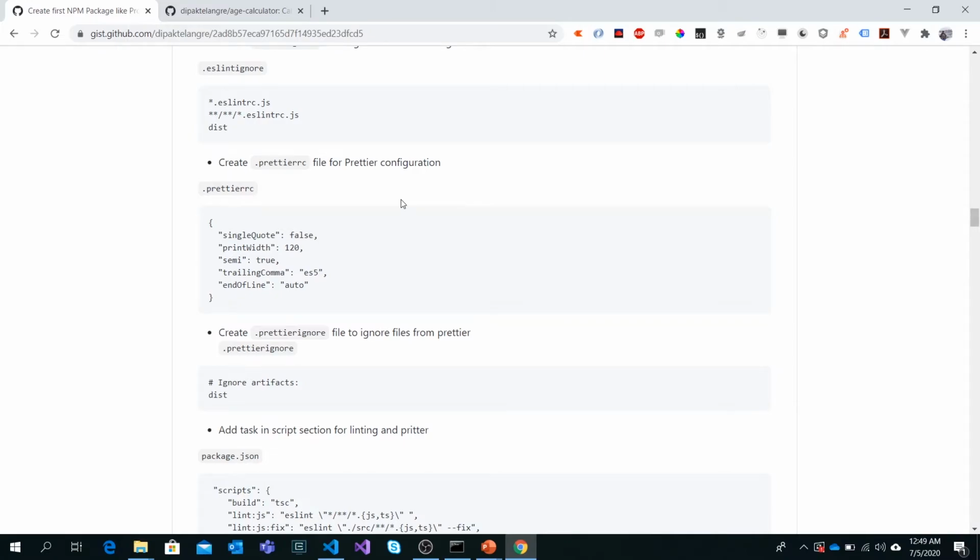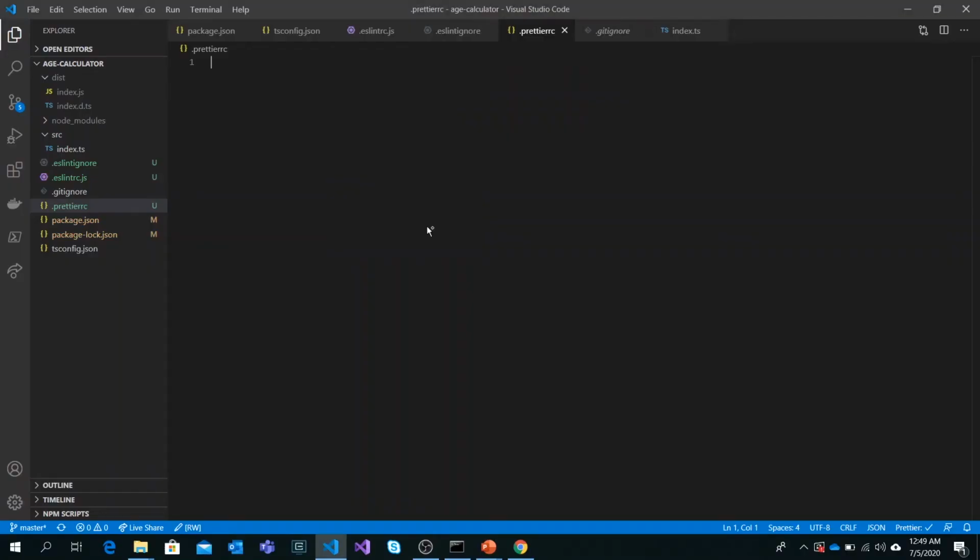You can mention some configuration for formatting the code as per Prettier. So I would like to copy this configuration and paste it in my editor. I always prefer double quotes, so I can use single quote false.